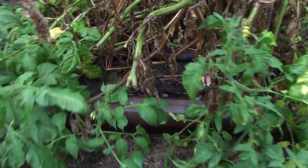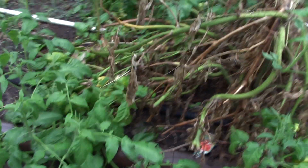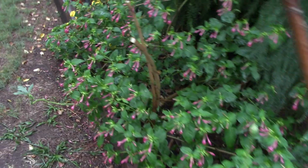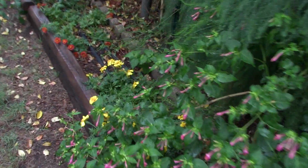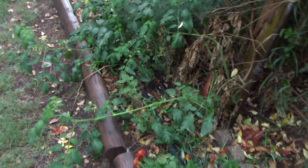Probably not going to get another one of these tomato plants. This variety here, Brandywine, it didn't make any tomatoes in my area. Got a nice 4 o'clock cluster there. More marigolds, more tomatoes,